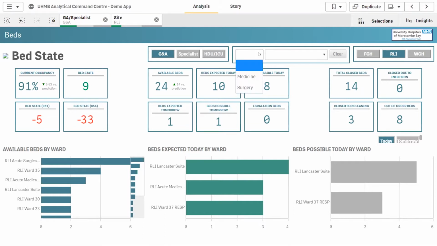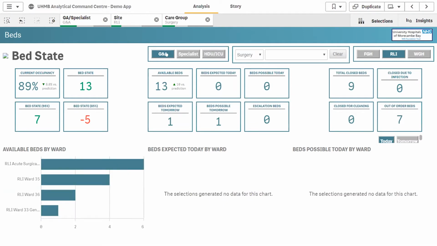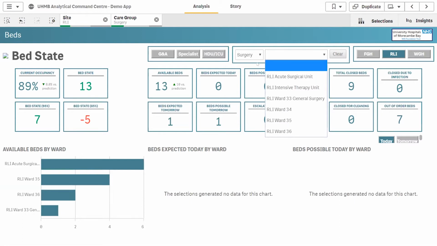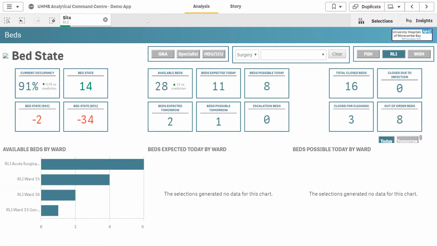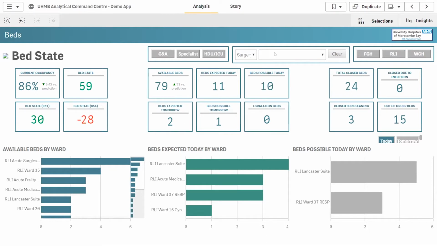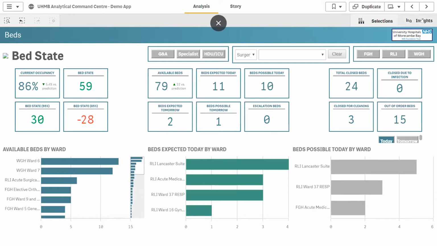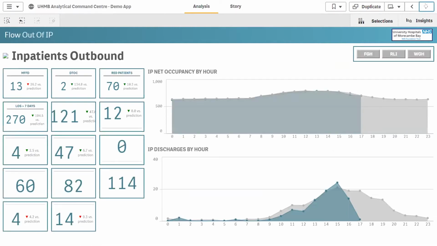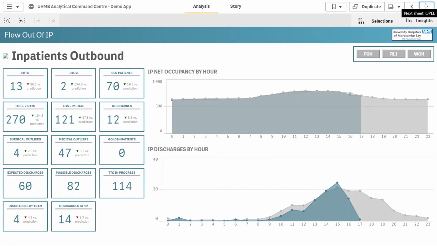There's the ability also to, let's look at surgery beds. Let's remove the G&A, and then drill down to any particular ward if I wanted to. Just close that down. And the final main screen is around the flow out of the inpatient environment. So this screen has changed a bit since the demo app copy was taken, but it's really looking